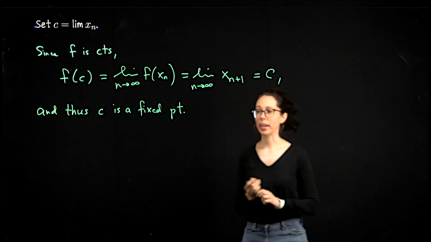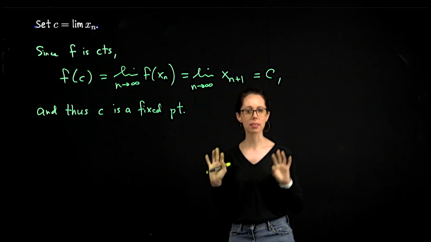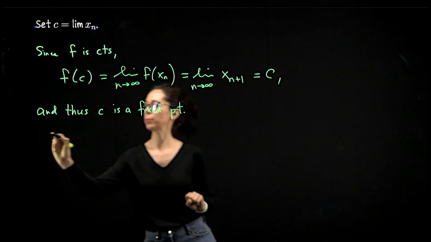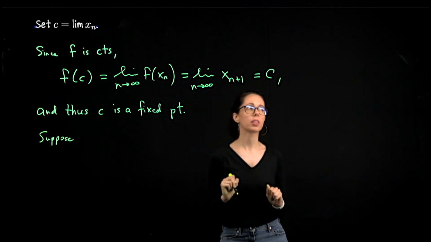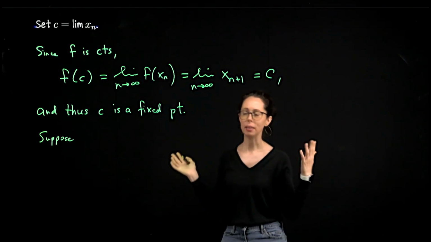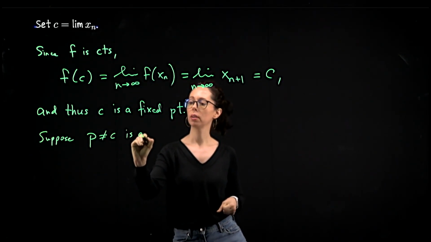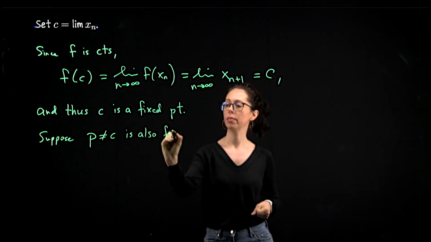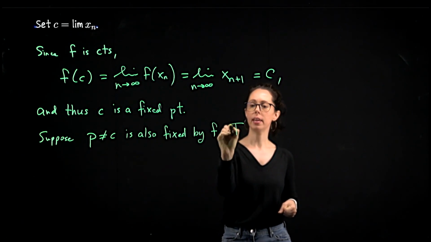It remains to show that a contraction, by definition, cannot have two fixed points. We can set this up as a formal contradiction. Suppose, how about, I'm using d for the metric, P not equal to C is also fixed by f. Then